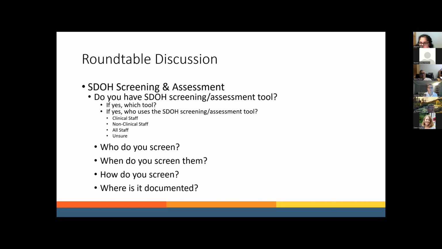Now, the other barrier that we know is that sometimes there is a lack of resources to be able to share, and it looks like Sandy and her team have been able to stratify what resources are available within the community to address each and every type of social determinants of health. So what currently are some of you struggling with resource-wise to connect your patients to in regards to food, housing, financial insecurity, or transportation? Thank you all for engaging in the polling as they come up.